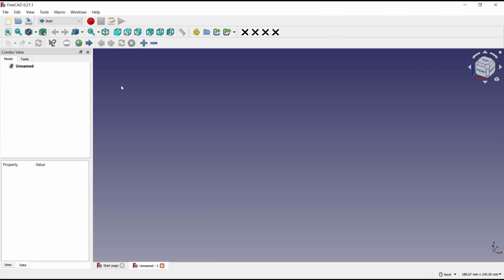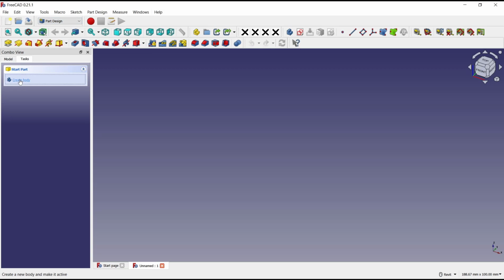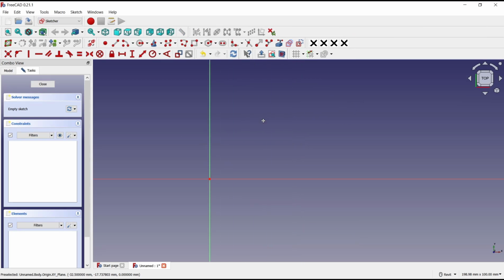Hello everyone, today we are going to learn basic FreeCAD tutorials: how to use radius and diameter constraint. I will go to Part Design and click Create Body, Create Sketch, and choose the top plane. For example, we create a circle in here,